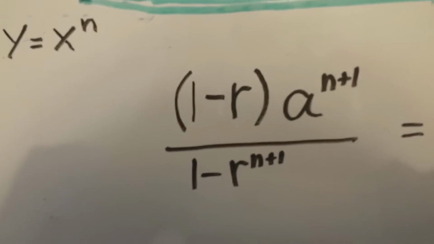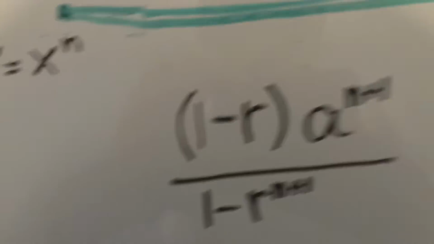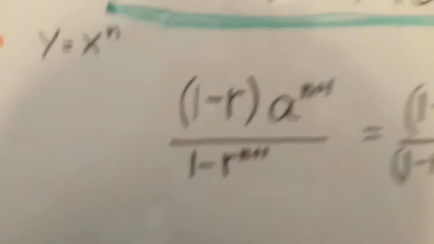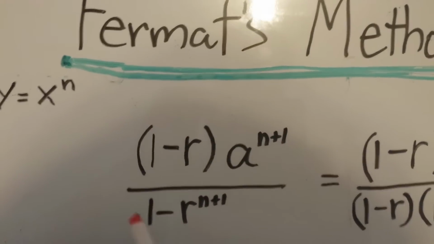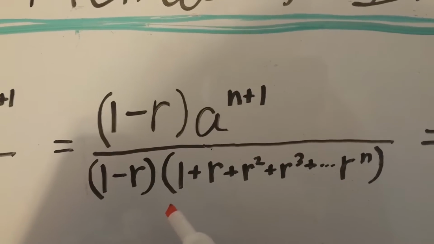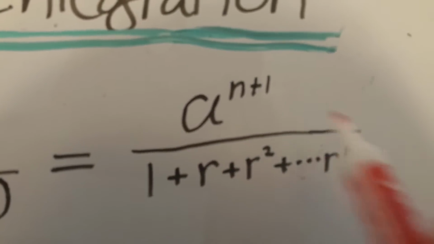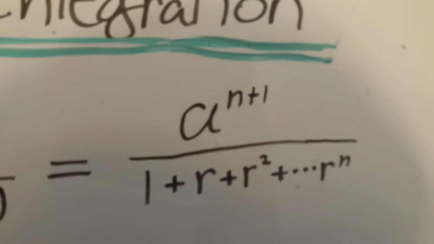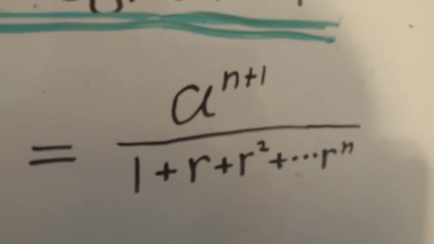Okay. So what we're next going to do is factor out a 1 minus r out of this. So we got this, right? And then when the 1 minus r's cancel out, we have this deal. Now, this is the kind of tricky thing about Fermat's approach,